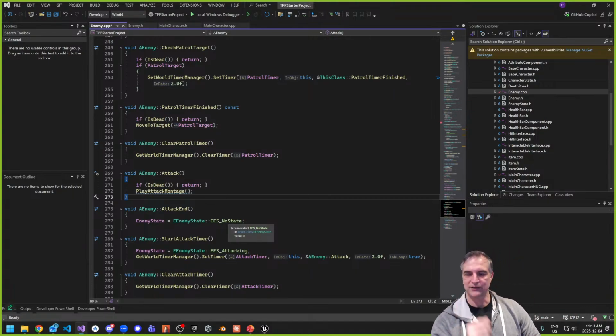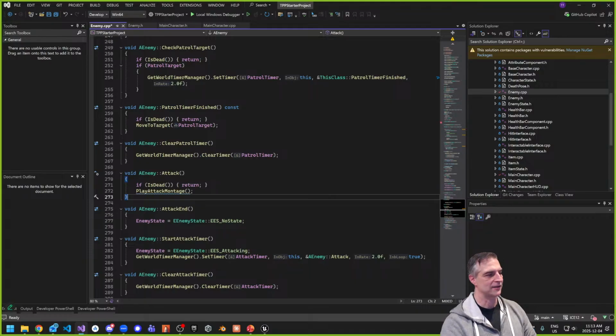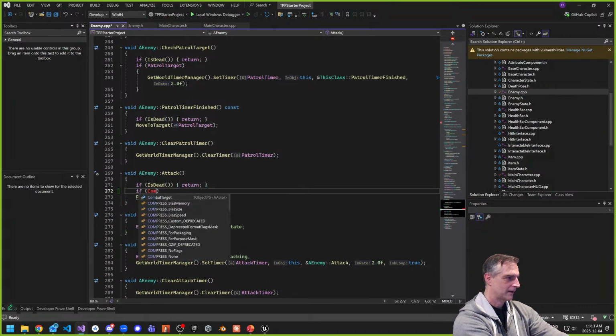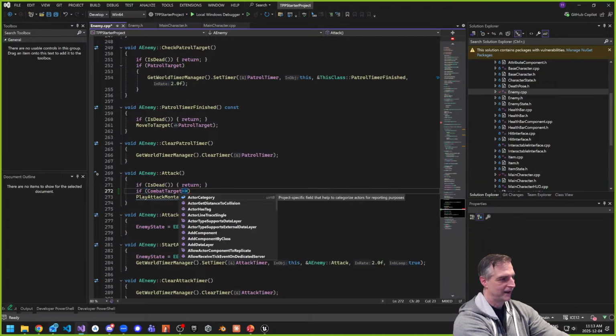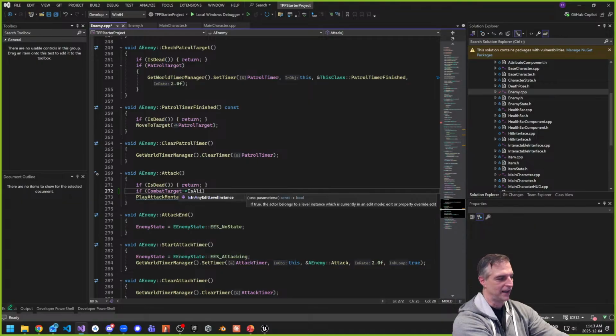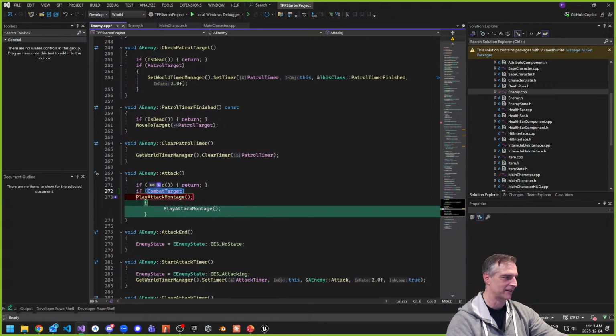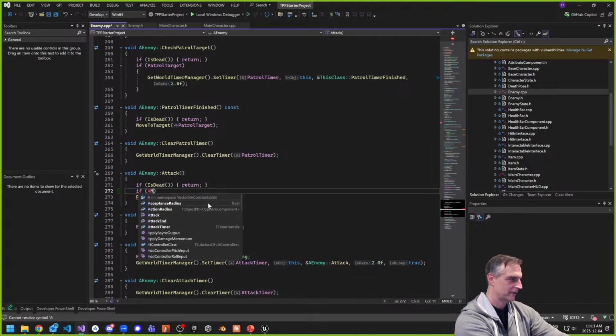I do have a combat target though, right? So if my combat target is dead, that's something I can check. So how about this? If combat target, and I want to say something like, can I check for is alive? Because combat target, if I hover over it, is an actor. So I need to make it a main character again. So I've got to say something like,